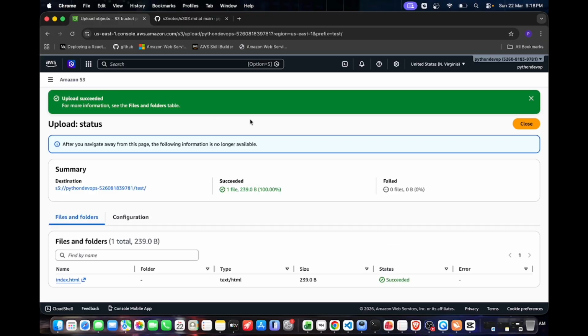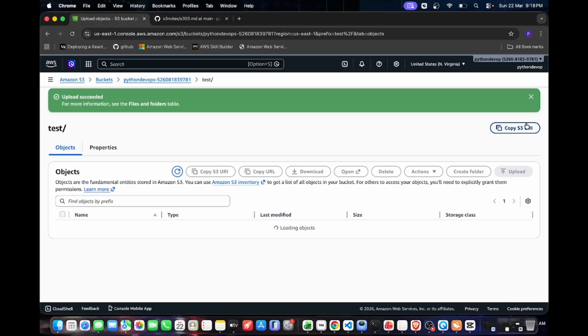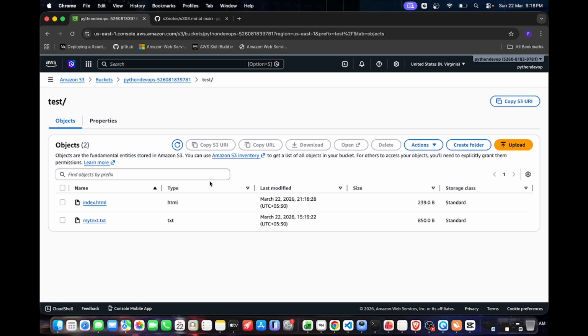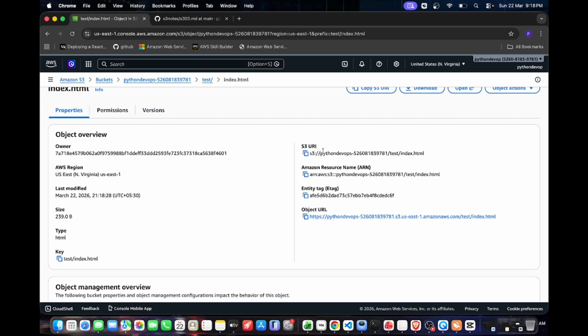It shows uploaded successfully. Click on the close button. Okay, our HTML is uploaded. Now open the index.html. You can check here S3 URI, ARN, entity tag, object URL. As I've shown in the theory part, it starts from